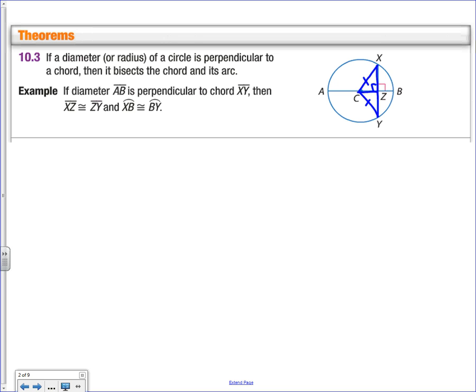And then we have C equidistant to the endpoints, meaning that it's on the perpendicular bisector and it's perpendicular,